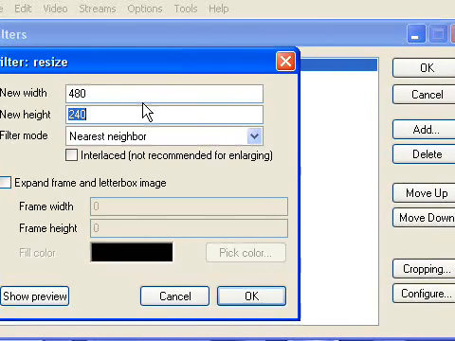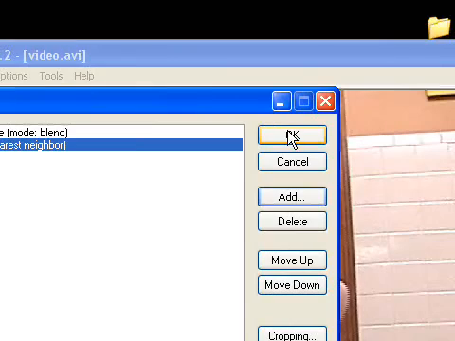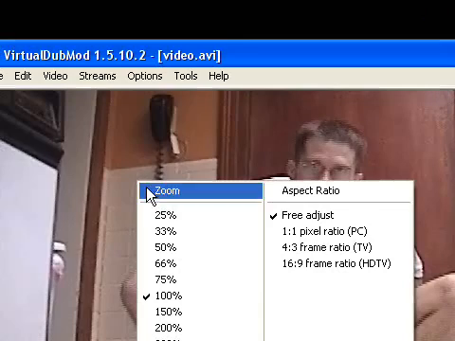We're going to say 480 by 360. Okay, and I'm going to reduce the size of this so you can see that the output video is the right size, even though you can't see this because my computer is doing too much at the moment. All right, quickly, if you wanted to